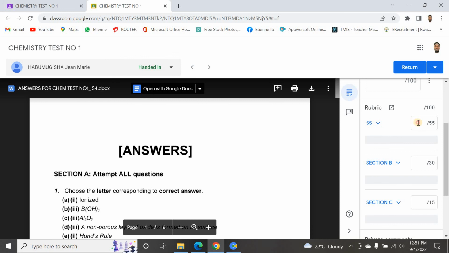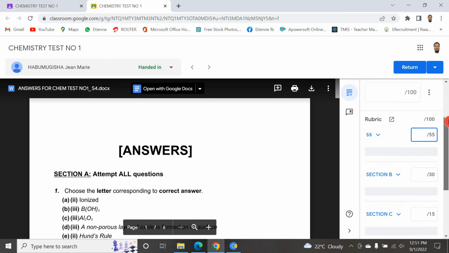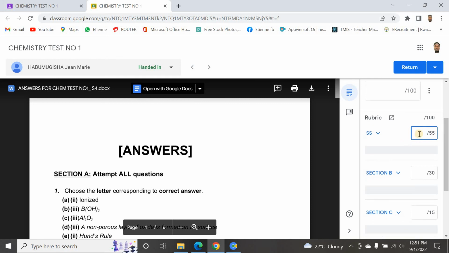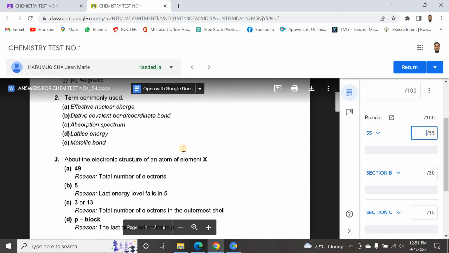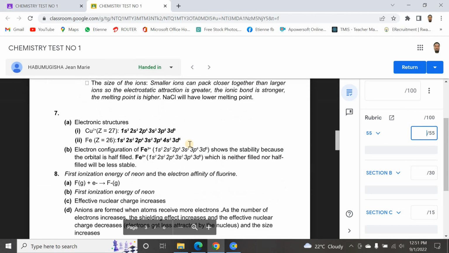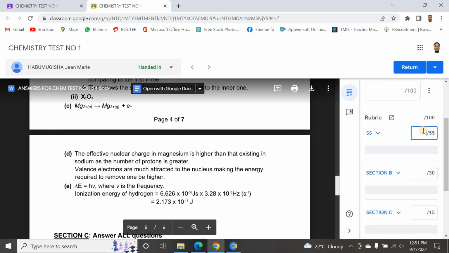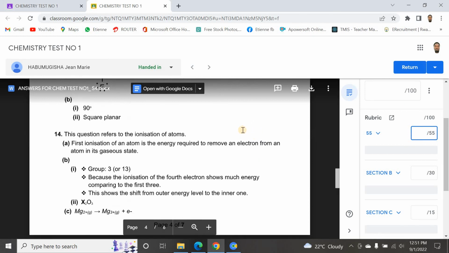and here you see there is a rubric where a teacher can put marks. This is section number 1. I can read what the student has given me as answers, and go there and put marks. After putting marks here, we go to return. It means it is now to be graded. The section A, maybe let me